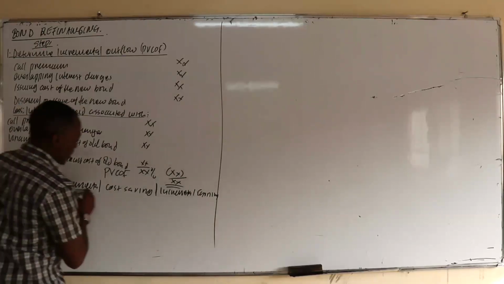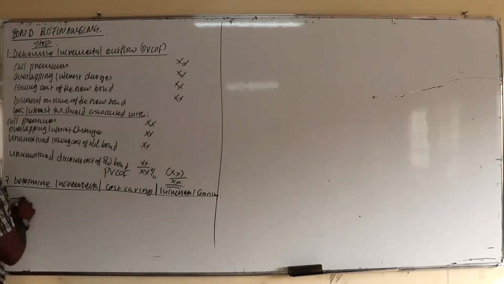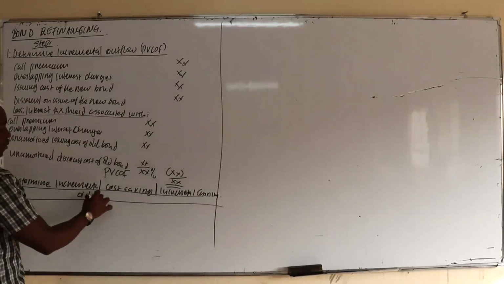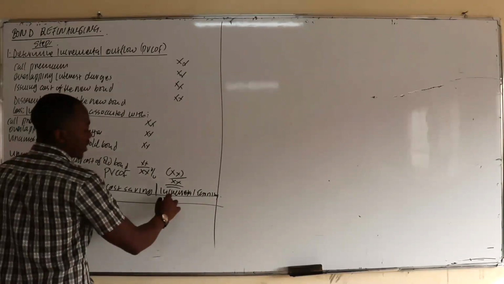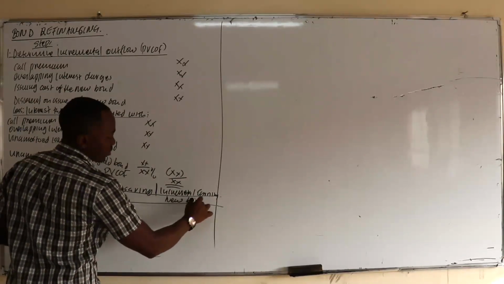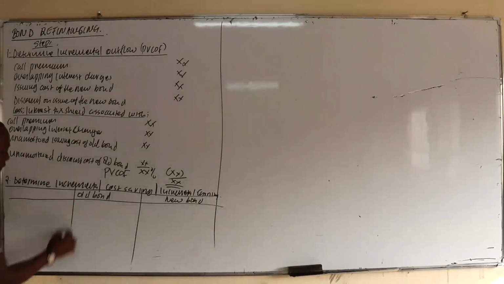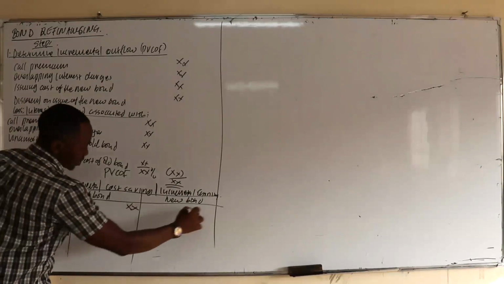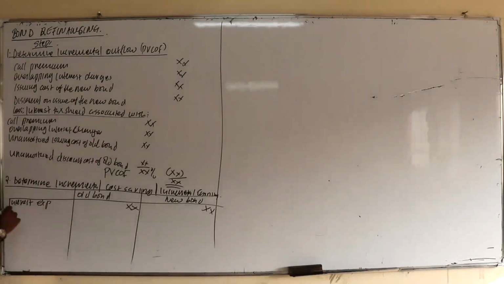And how do we determine the incremental cost saving? In this case, we'll be comparing the cost of the old bond against the cost of the new bond. So you take the interest cost or interest expenses for the old and the new bond, then you raise